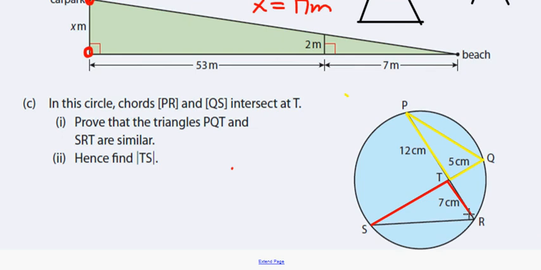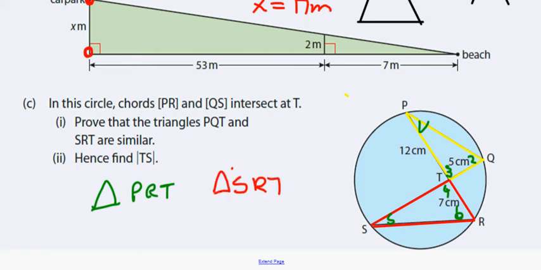Now it doesn't matter finding out which angles are the same, and proving that they're similar. Now I'm going to label all the angles 1, 2, 3, 4, 5 and 6. Now angle 3, and we'll write down the name of both triangles. So the names of both triangles are going to be triangle PQT,